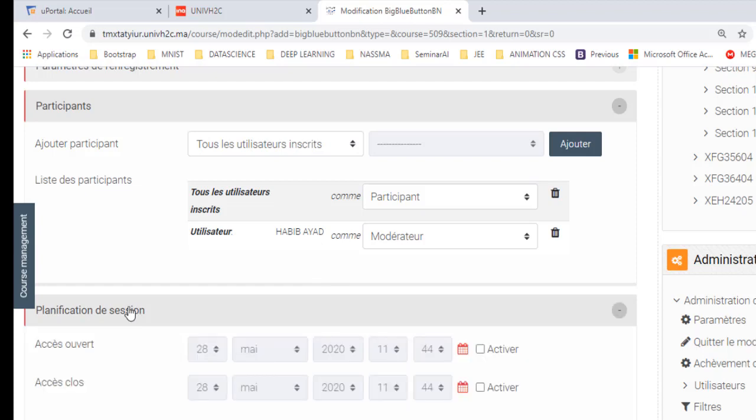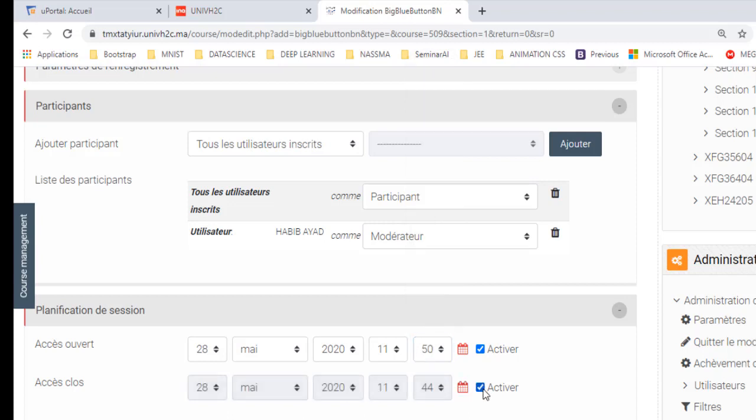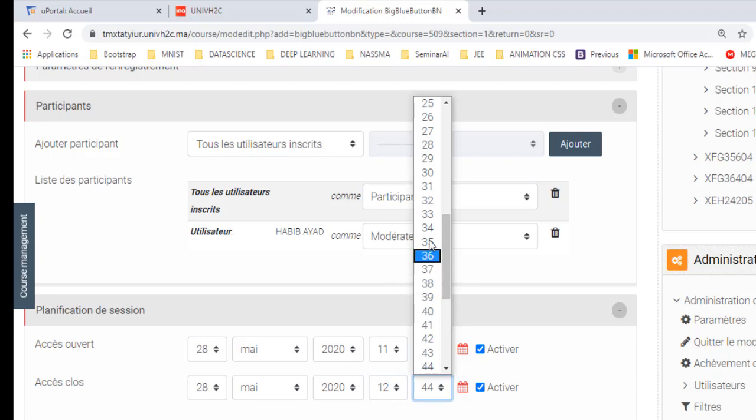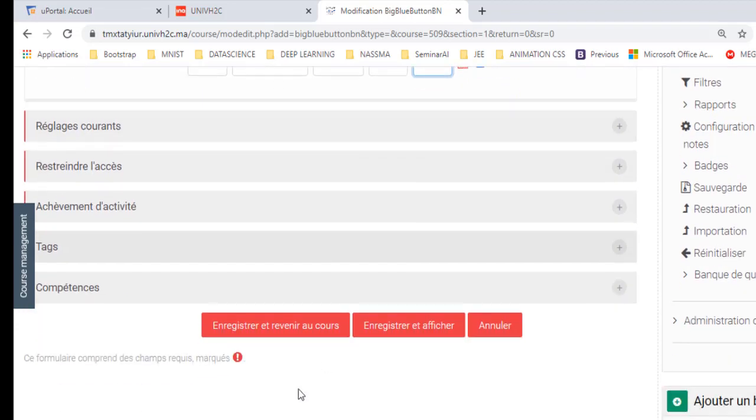Session planning refers to the programming of the conference or session. I will touch the Activate button to specify the date. And just as an example, I have selected the date May 28, 2020. I will now schedule the start time 11:50 a.m. and the end time 12:30 a.m. After saving